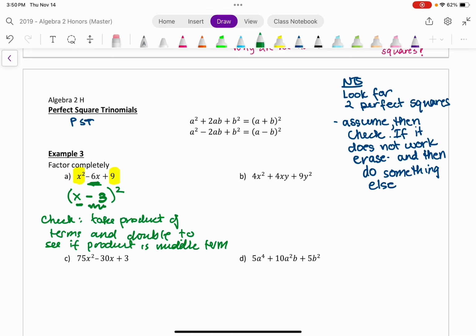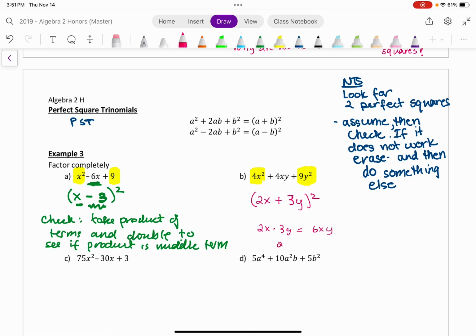So if you look at the next one, I'm a perfect square and so am I. It should scream at you, okay? And for it to be a perfect square, by the way, the variables also have to have exponents that are multiples of 2. It can't be just the number in front. It can't be just the coefficient. So in this case, I'm going to assume that it is. Take the square root, sign in the middle, square root, squared. Then I'm going to take the product,